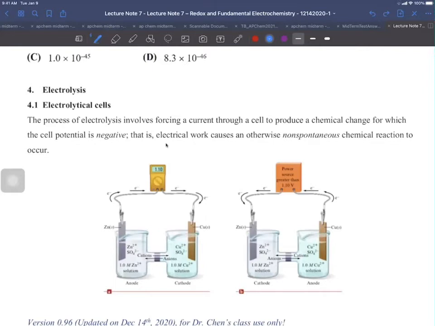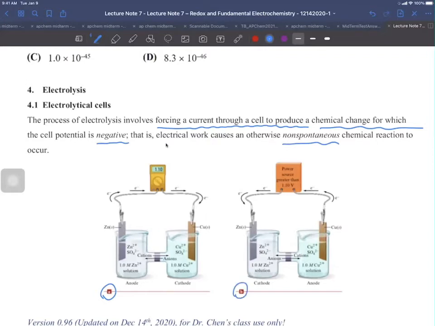So let's read this part. It involves forcing a current through a cell to produce a chemical change for which the cell potential is negative, right? The cell potential is negative means the reaction is non-spontaneous. So if you do not add the external power source, it will not occur. So we have to use the electricity to force it. From the perspective of energy conversion, here the electric energy is converted into chemical energy. So let's have a look at these two